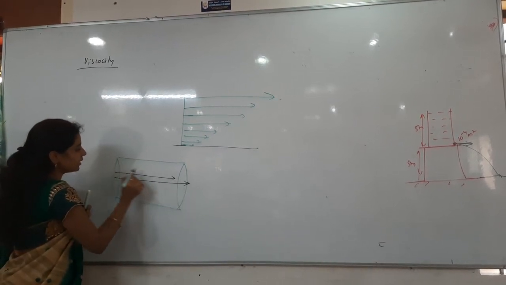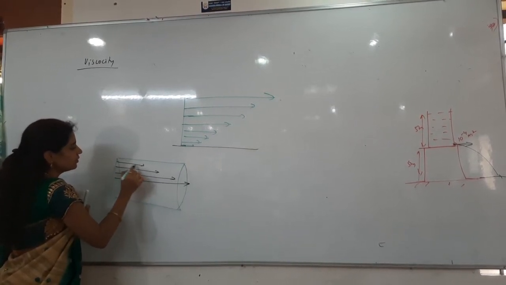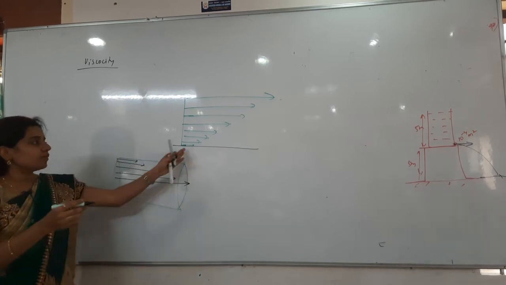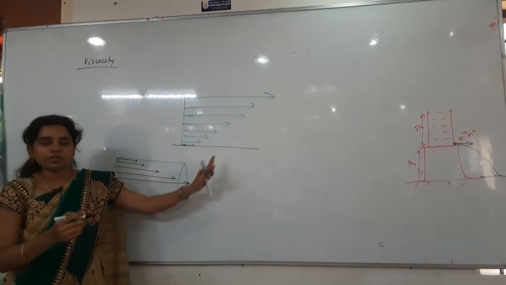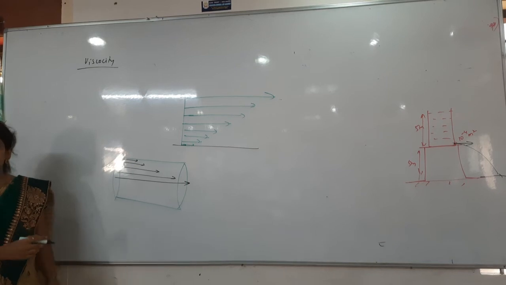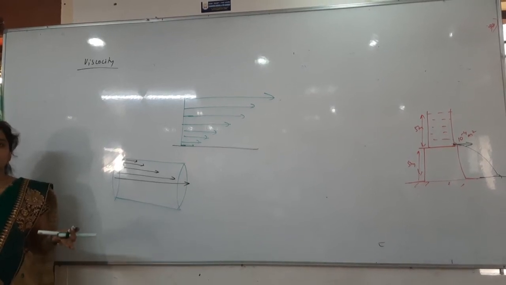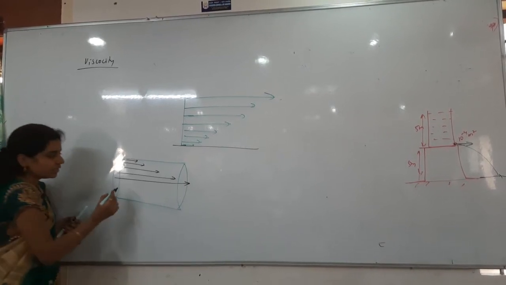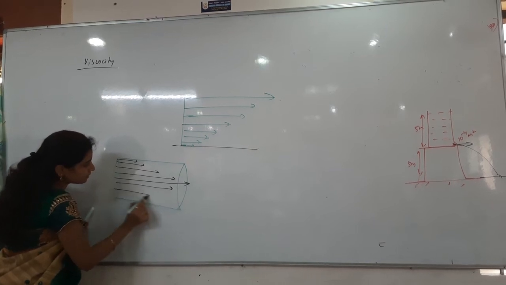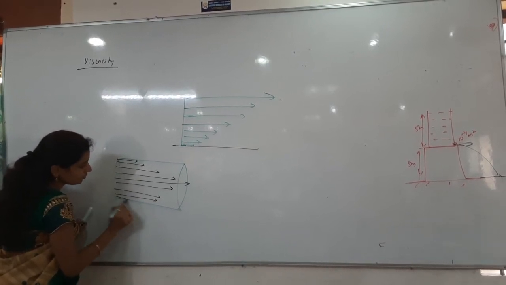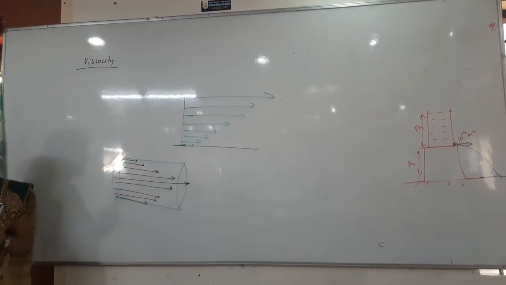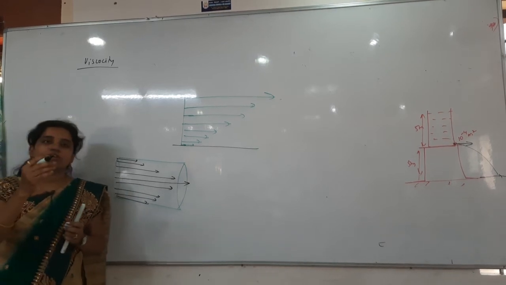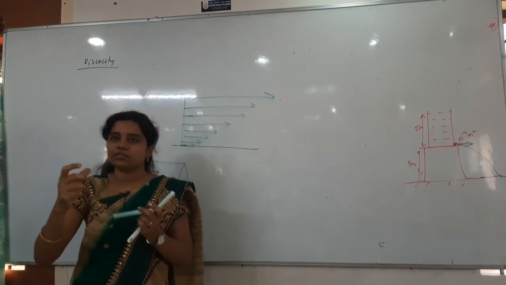Actual diagram will be there like this. See here the layers are near to the ground, here the layers are near to the pipe, that's it. However, the connection is same only, right? So here they will be sliding like this, like this. Whenever you are planting, you are just watering the plants also,